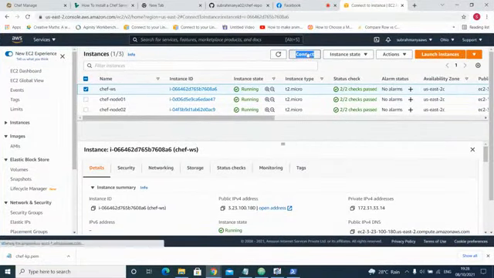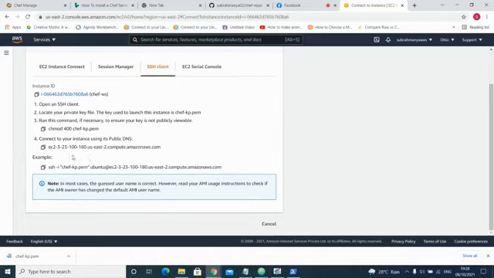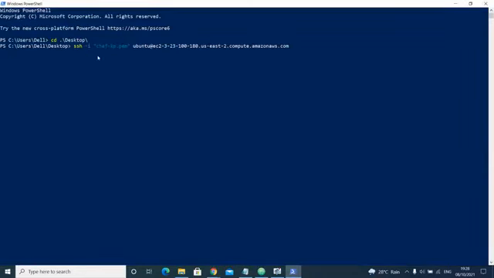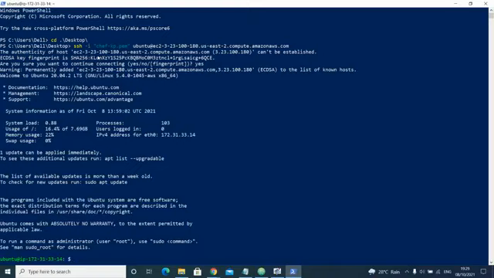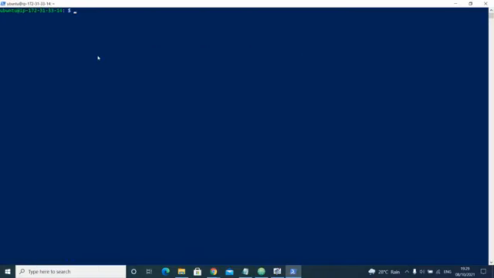I'll click on connect. Copy SSH. I'll come back here, I'll paste it here, and I'll connect it. Yes. Okay, now all good. I connected to Chef workstation.